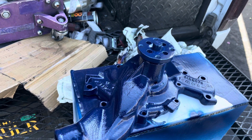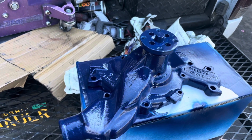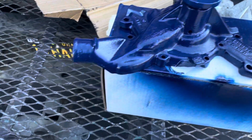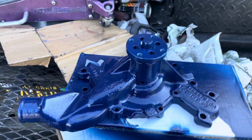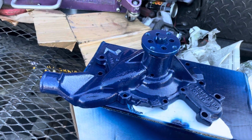Here is our rebuilt pump, fresh from Caddy Daddy. Original casting, so it has the deep, did I mention the deep groove for the belt? Hooray. So, I'm going to flip this baby over, put a very light bead of silicone, not 14 gallons, and